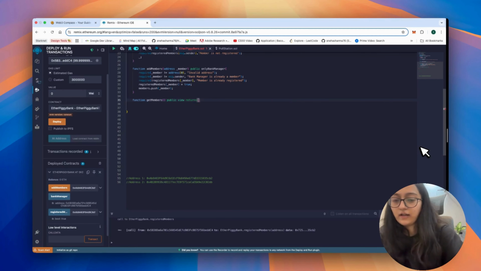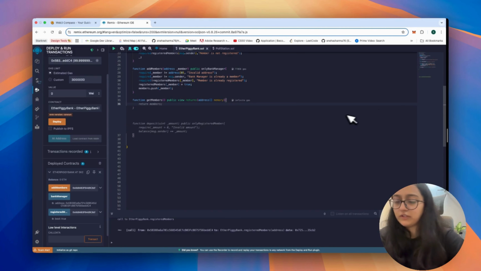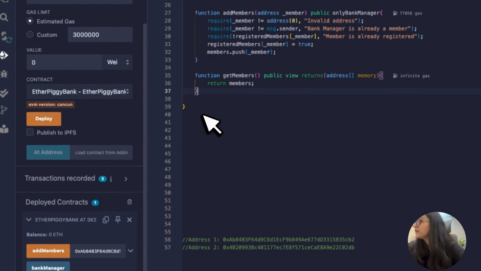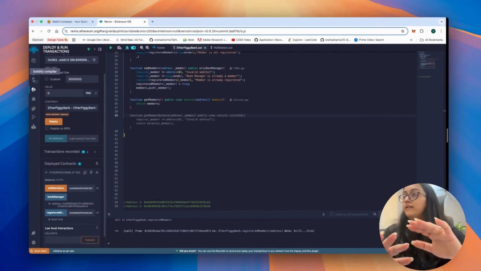And what is the data type that we are expecting? It's going to be address, but we have declared it as an array list. So that is why it's going to be a list of array, and we're always using memory with it, and say, hey, return members. And then, yeah, that's it, right? So get members would be a very quick thing. Now,